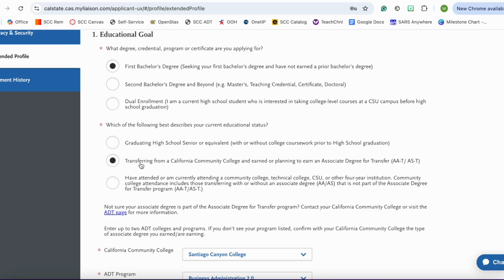The second option, transferring from a California community college and earned or planning to earn an associate degree for transfer, is for students who are going to be finishing up an ADT here at SCC. So an associate degree for transfer, also called ADT, also AAT or AST. If you are not sure whether or not you're going to be getting an ADT, before pressing submit on this application, you definitely need to check with the counselor to make sure that you answer this question correctly in the